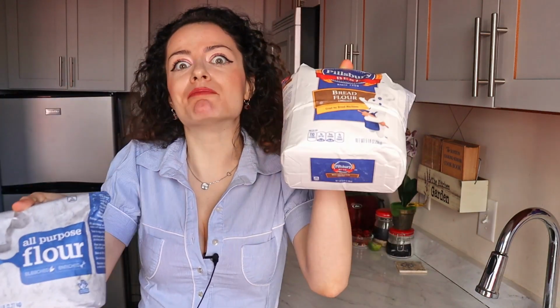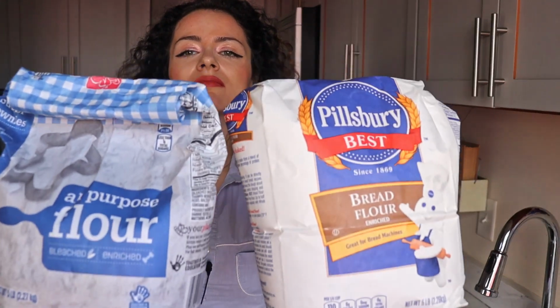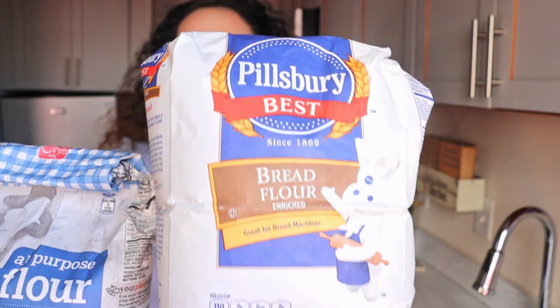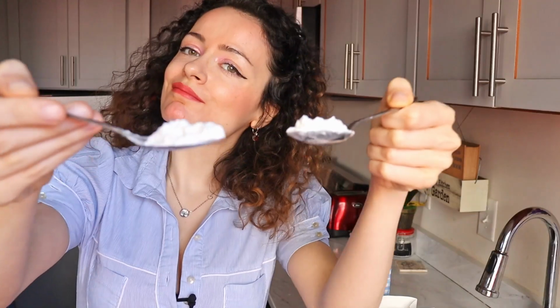Now, I also promised you an explanation on that white powder. So, what's the difference between all-purpose flour and bread flour? Judging a flour by its cover, the answer is in the freaking name. Bread making versus the rest of baked goods, I guess. Both look the same, they pretty much taste the same,